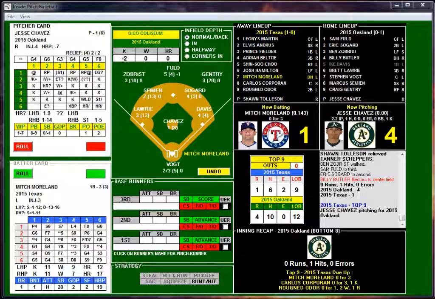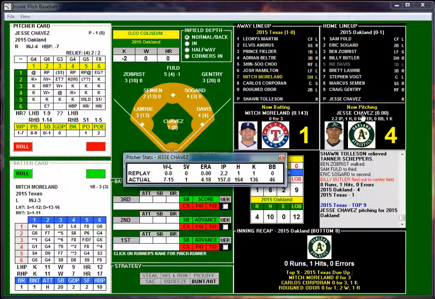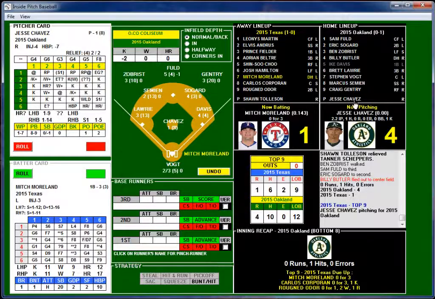So, Chavez is in there, huh? Savage is in there. Chavez. So, he's got a lefty, a switchy, and a lefty. He happens to be a righty. Let me check on something here.